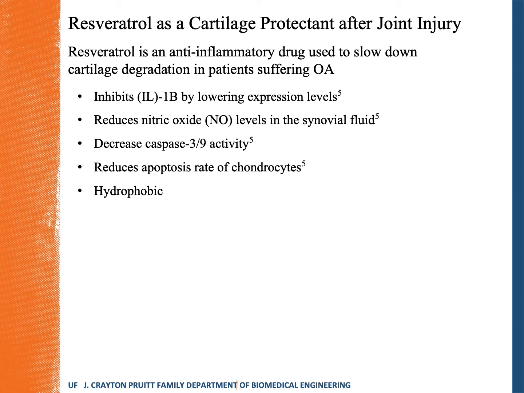We also want to see a decrease in caspase 3-9 activity. Caspase 3-9 is responsible for cell breakdown. As soon as the body sees that the cartilage is damaged, it wants to get rid of it. In our case, we want to preserve as much of the cartilage as possible because it will not regenerate. So decreasing this activity is very important. It is also very important in reducing apoptosis rates of chondrocytes. Chondrocytes are the only cell in the cartilage itself, so we do not want to kill any more than are